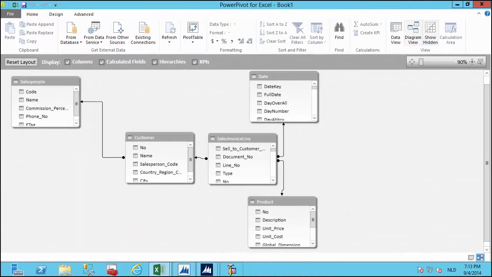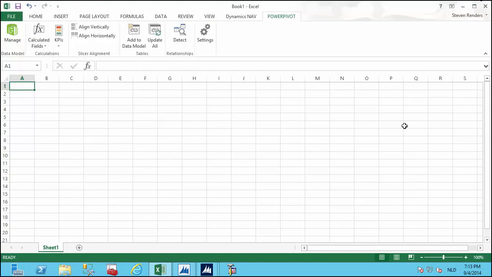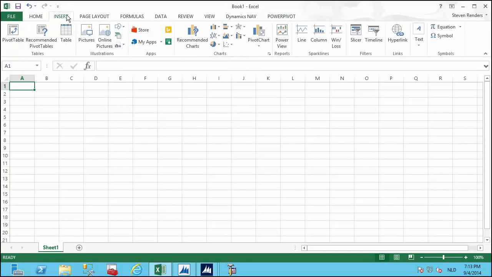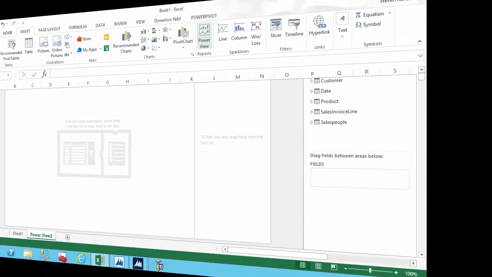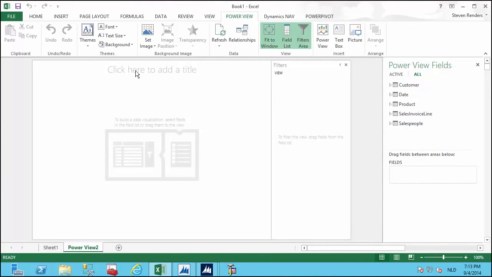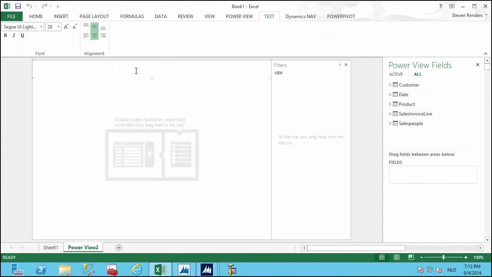So here we are in Power Pivot, where we have prepared our data model, and I am going to close Power Pivot. And the next thing that I'm going to do in Excel is I'm going to the Insert menu, and I'm going to insert a Power View sheet. The Power View sheet is right here. I'm just going to provide a title, sales dashboard,